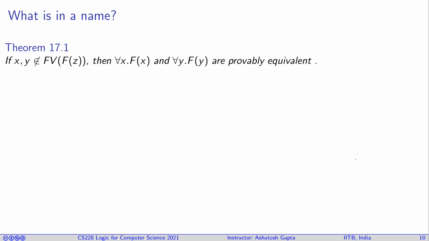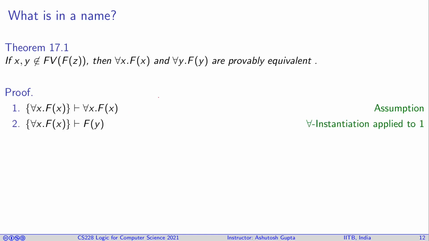It says that if you have variables x and y, which are quantified like for all x f(x) or for all y f(y), they are provably equivalent if there is no variable conflict happening among the free variables appearing in f. Okay? It's very easy to prove. So let's suppose we assume for all x f(x), so we can derive for all x f(x) using assumption. We can instantiate this